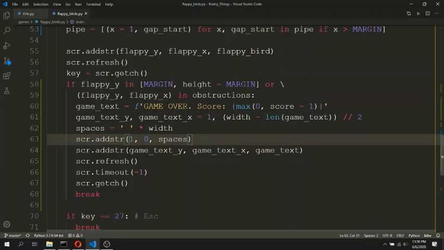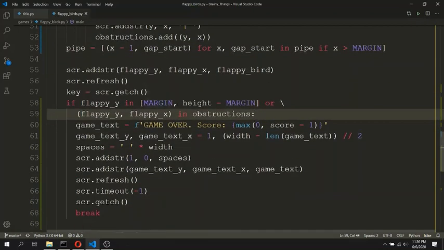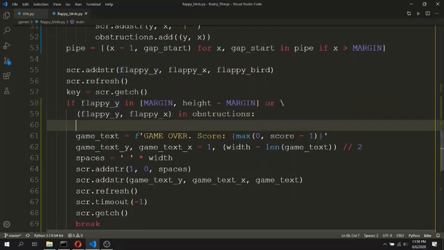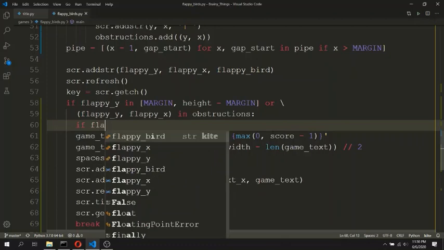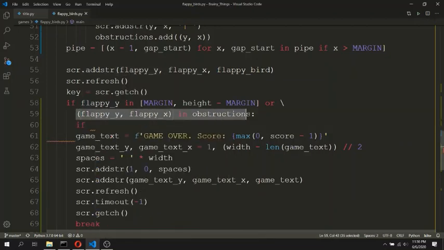So there are two conditions that were triggering this game over condition. So we can check again if Flappy, I will copy this condition.